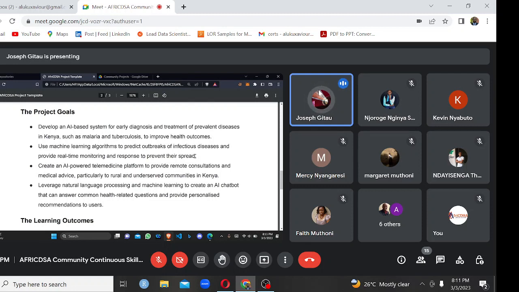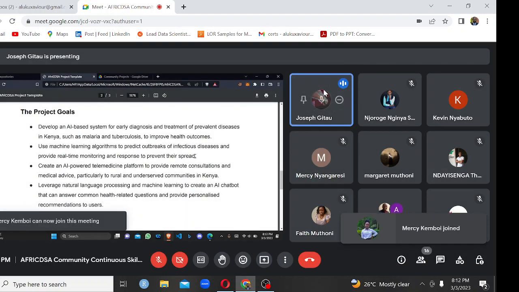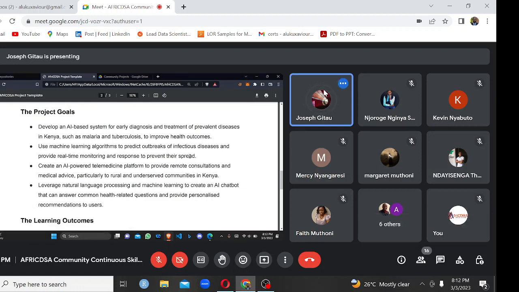This can be in terms of monitoring. In the previous years, we had the outbreak of COVID-19. So we can have a system that can be adaptive to an outbreak of any disease. When looking at this goal, we can create a system that can be adaptive to any kind of